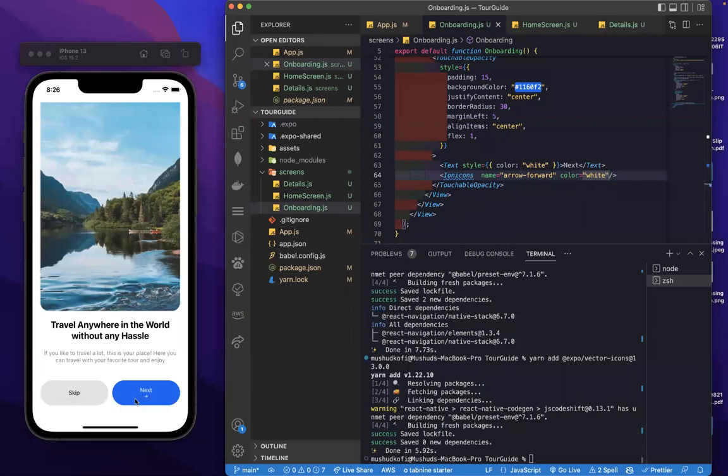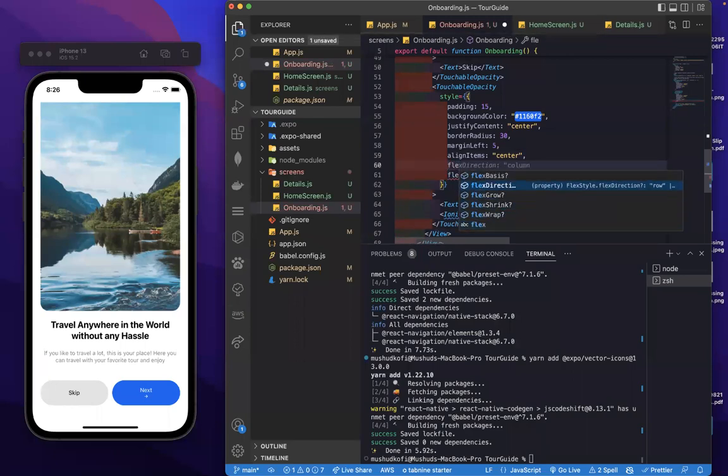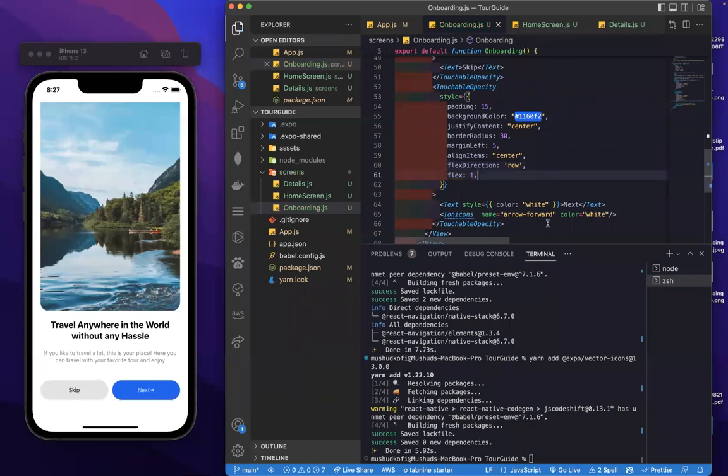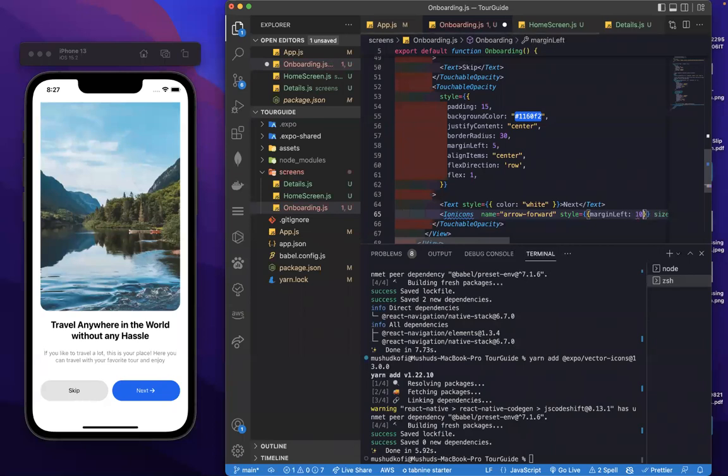But then you see, since this view here, we've not defined any flex direction, automatically it's using column. So I'll just use flex direction. I'll set flex direction to be what? Row. And then now we have this. So I can just change the size of my icon, maybe 20, so that it will become very big. This is very big. And then I can add some style. So I want some margin left, so 10. So that will create some space. Yeah, so we have something like this